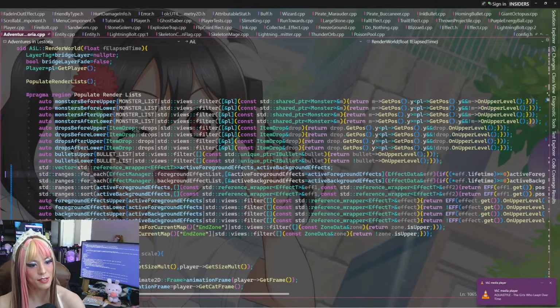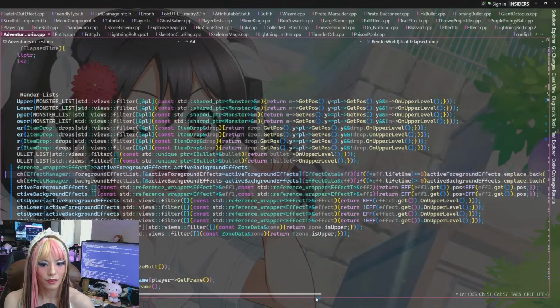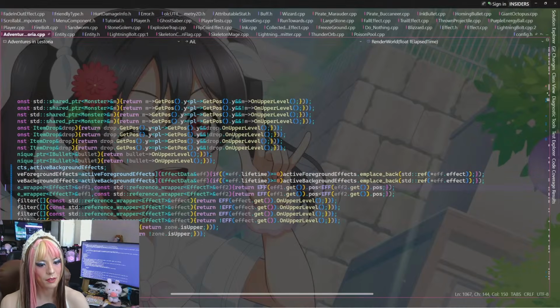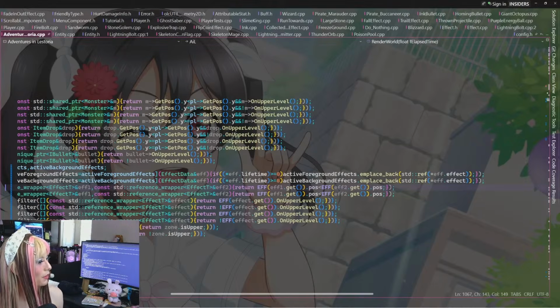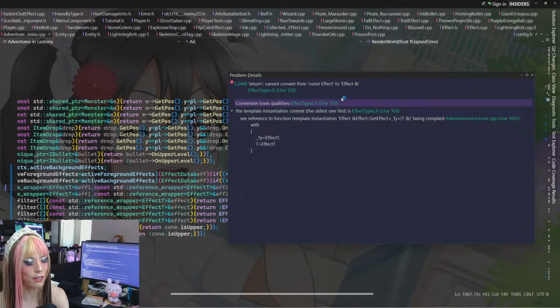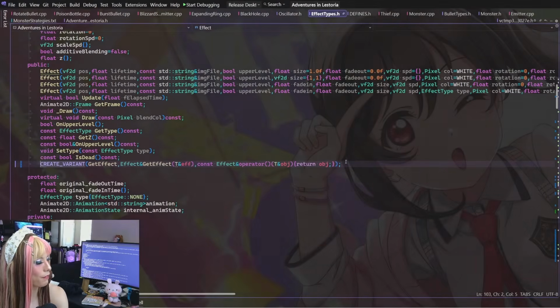Foreground effects list is just a list of effect data. And we just grab the effects from those. I think this macro is actually... Let me see. Because this macro will expand out to say cannot convert from const effect to effect reference. I wonder why it doesn't say const effect reference.